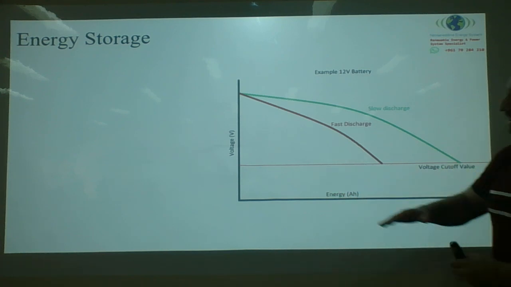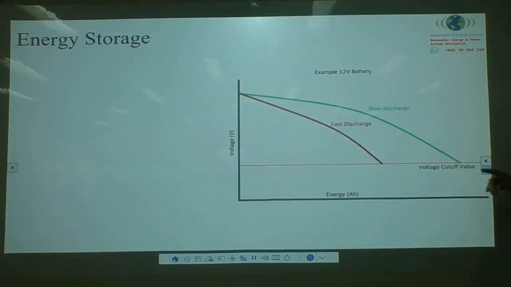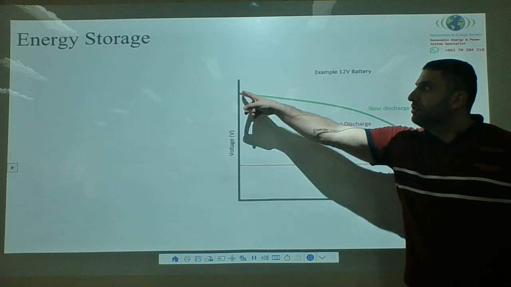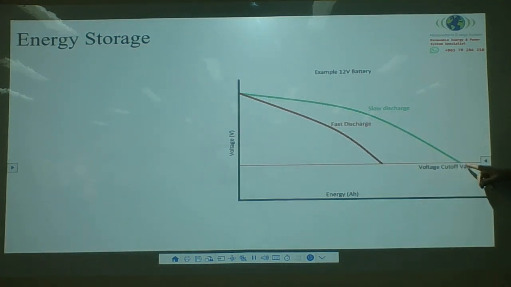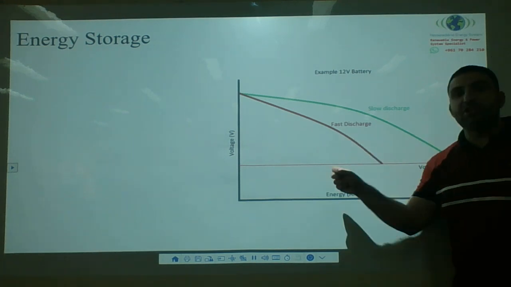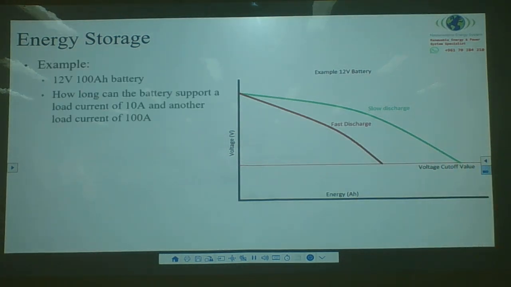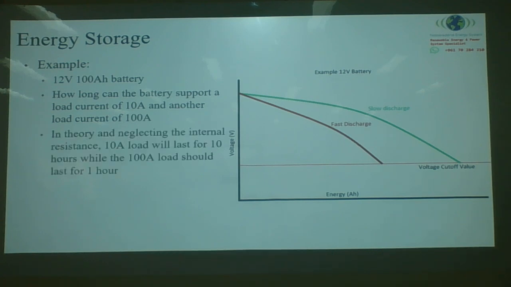Voltage cutoff. This is my voltage cutoff. If I have a slow discharge, my battery will take longer to reach my cutoff voltage. With a fast discharge, it reaches it faster because of the internal resistance. The example: how long can the battery support a load current of 10 amps and another load current of 100 amps? Now, in theory,